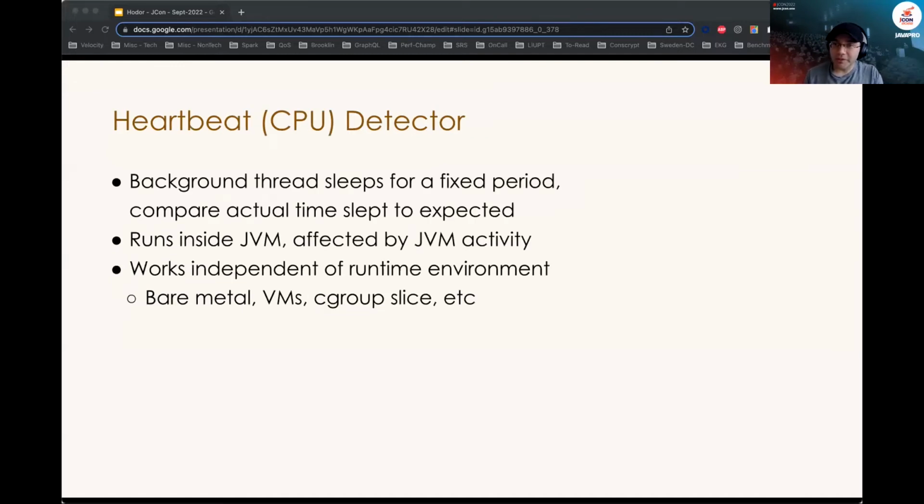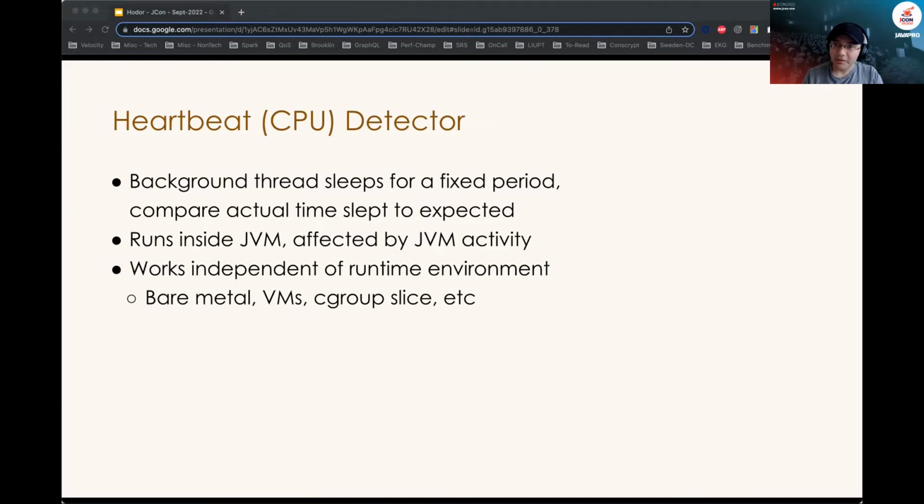Now, the first overload detector that we'll look into is the CPU overload detector. The objective of the CPU detector is to quickly and accurately detect CPU overloads in real time with minimal overhead. The main idea here is to have a simple, lightweight background thread, which is running at the same priority as all other application threads which are executing your business logic. This background thread is known as the heartbeat thread, and hence the name heartbeat overload detector.